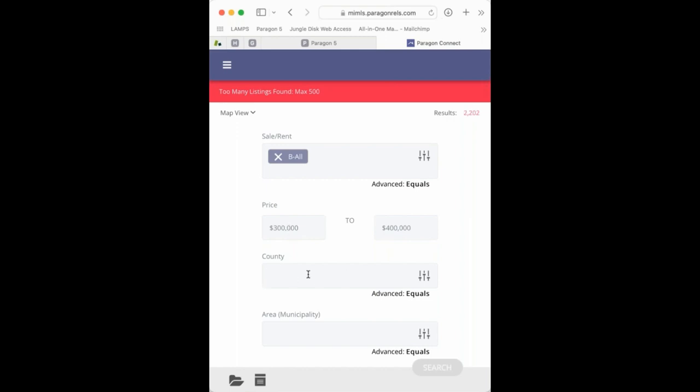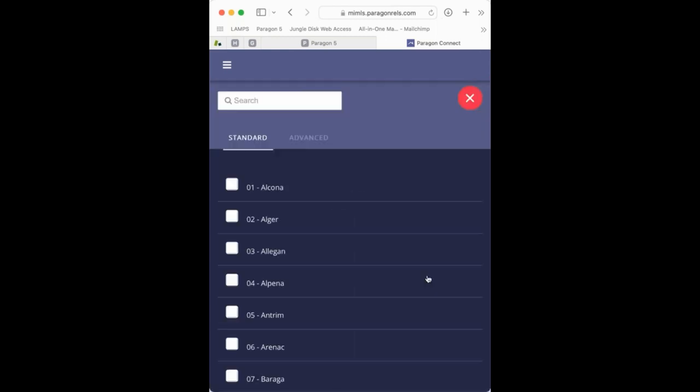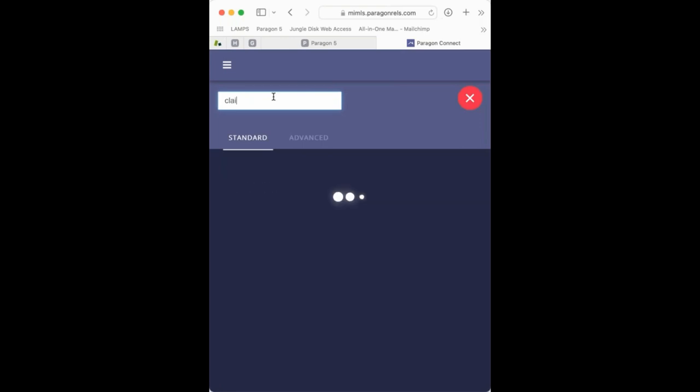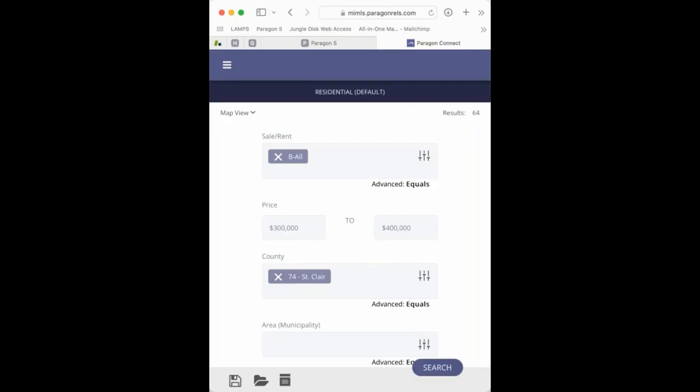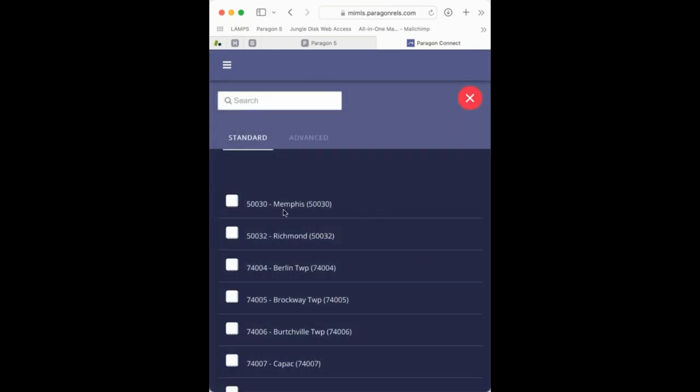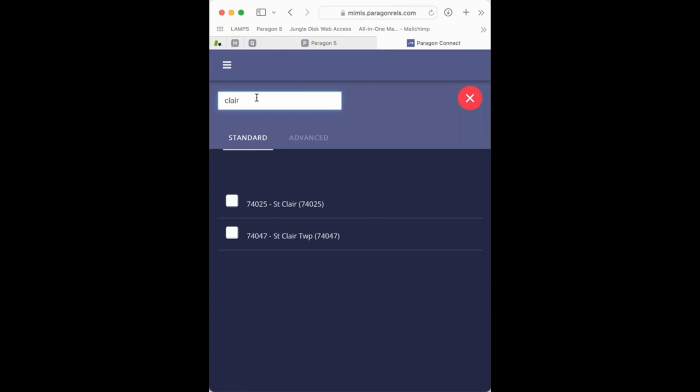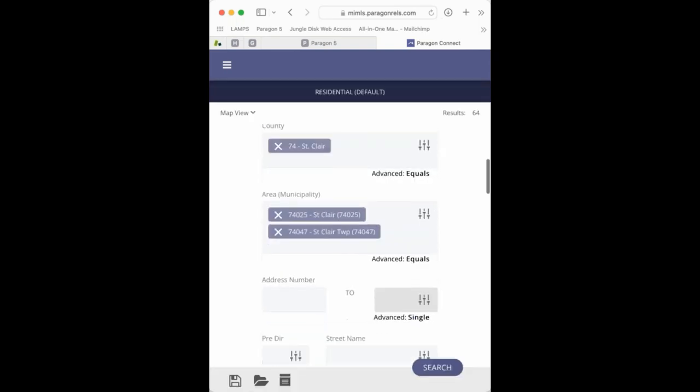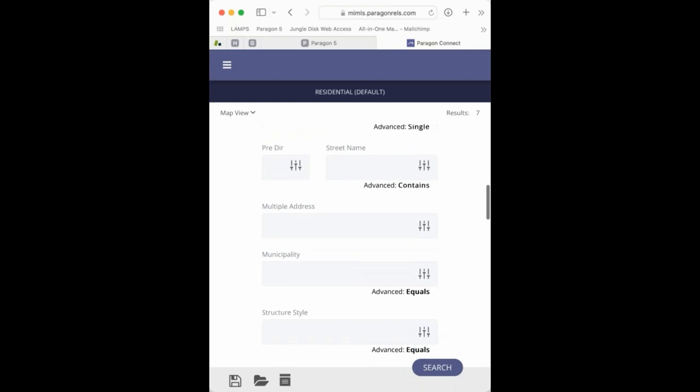And then this one here, either I can start typing Claire, and then just tap. It doesn't work always. Tap. See, it's even easier this way. Hit that check mark. There's my county. And remember, it's a lot easier to add in that county because when you come down, oh, it's supposed to filter out. This is only supposed to be municipalities in St. Clair County. I want St. Clair and the township. There we go. So these are the exact same way that it's set up